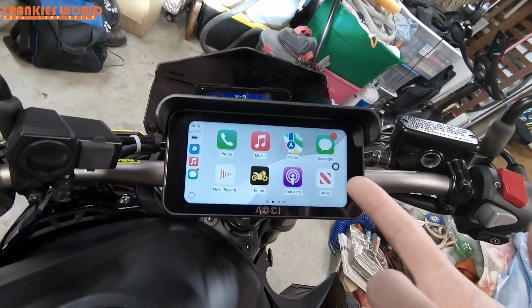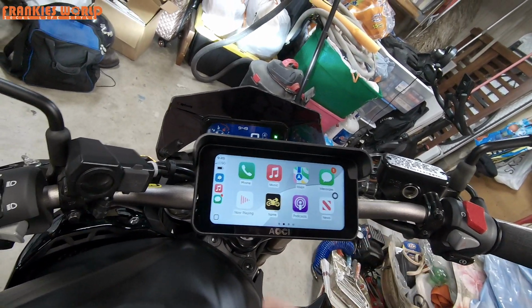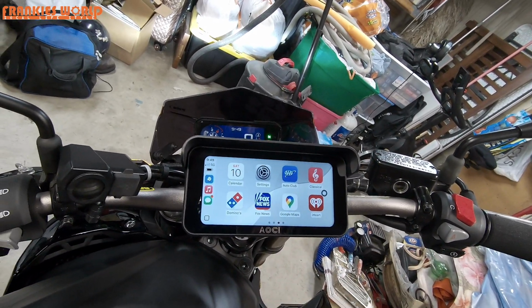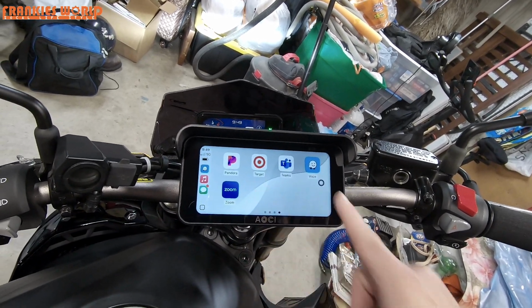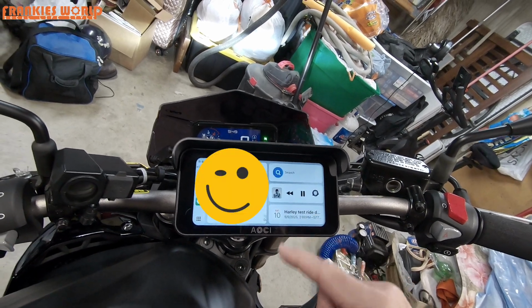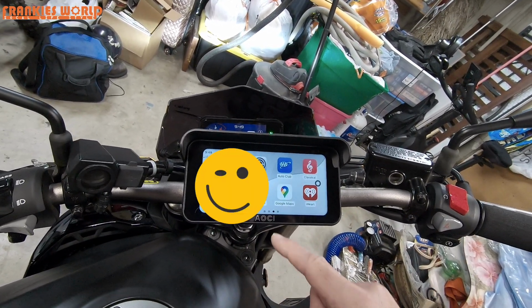And this is automatically connected to my CarPlay. So right now this is connected to my phone. So you can see all my messages over there, phone list. It's just like a CarPlay. You got your Google Maps and everything too. Pretty cool. I've got a wireless thing like this in my car, which is helpful. So having one on the bike is, I mean, it's awesome. And then to just go back,